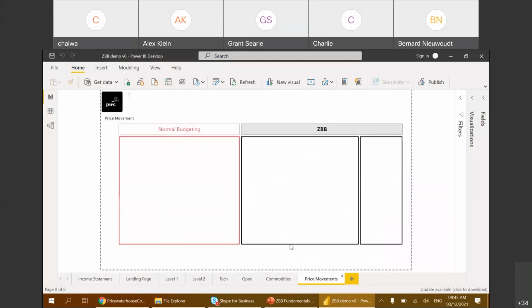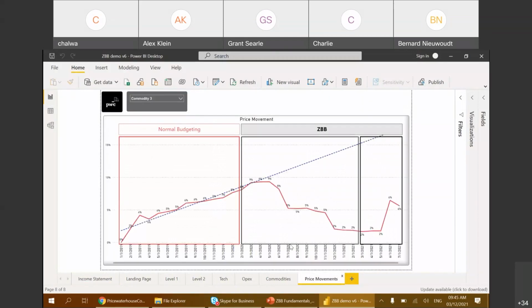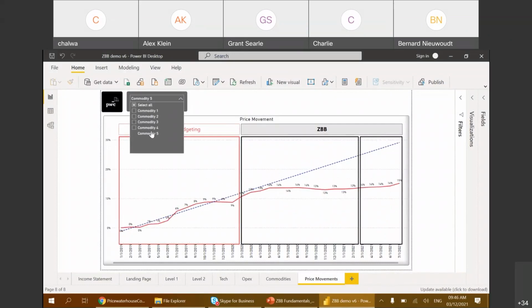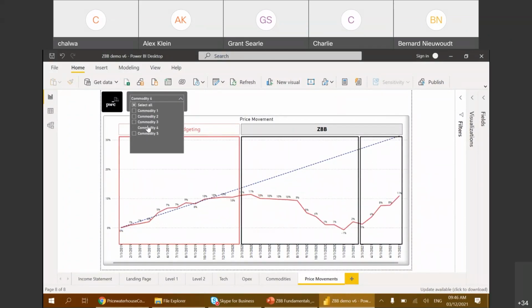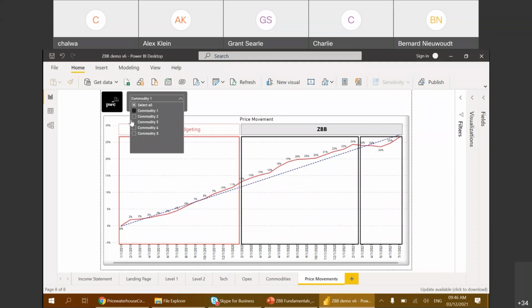So where you want to get, like we mentioned earlier, is to this point where you start to see this divergence between where your normal budgeting would have taken you versus where the ZBB actually took you. So in this example, again, the blue trend line would be where the normal budgeting methodology ended up, whereas the red line is the actual price movements and where the ZBB process ended up. So we did about 5 examples here. What we want to show you is not everything is equally successful or equally inefficient. Some areas are much more inefficient and create a lot more value, whereas others, like this example here, were perfectly zero-based already.